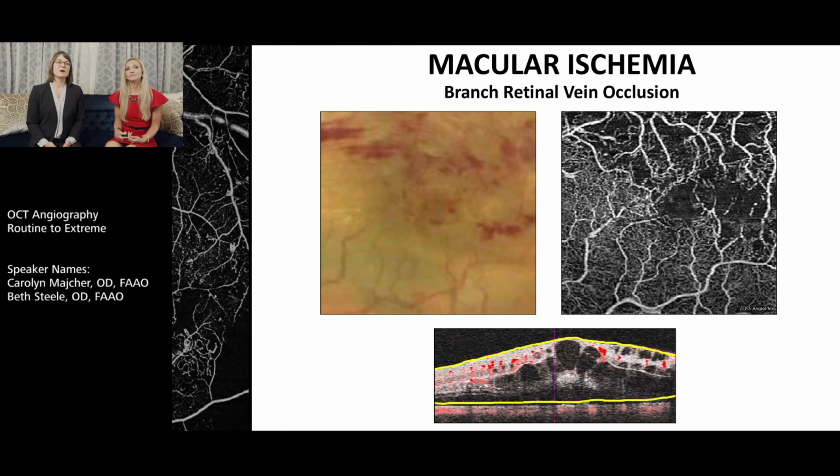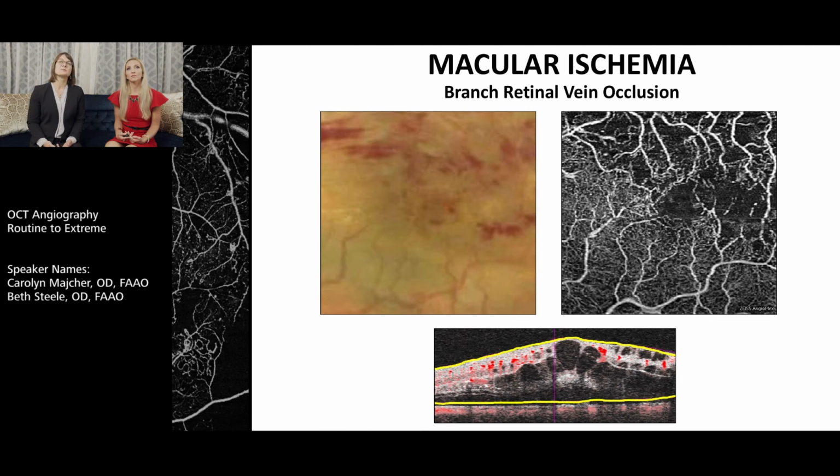So if we really hone in on the macular area in any sort of a venous occlusive event, we know that visual acuity and visual function can be reduced either because of macular edema or non-perfusion, macular ischemia. And of course, again, highlighting the fact that with OCTA, we can get that information very easily. And we can compare and correlate the data with the structural macular edema that's noted here on the bottom of the screen with the area of non-perfusion, and again with that representation of the clinical fundus exam that you see